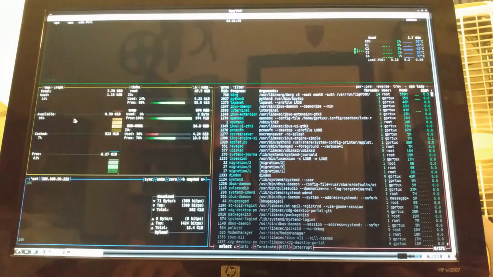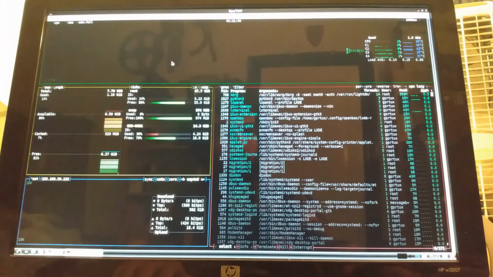This is where Linux is really nice. Here I'm only using a gig of RAM, and still got a lot of free space. This, I think, is where Linux really has a future.